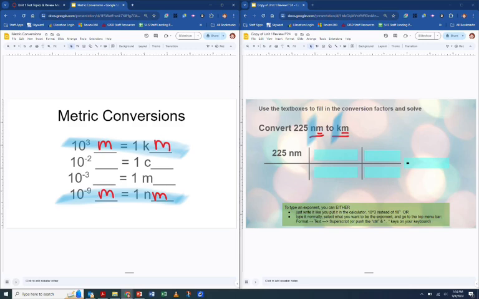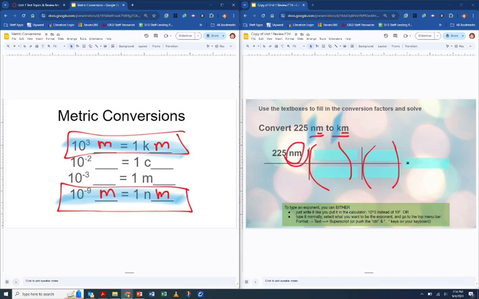Remember, these are prefixes. We can put any unit here. Later on, we're probably going to be wanting to put W's in for watts. We can put grams in, and that's still the same equation, just a different base unit, because the kilo equation is always the same. We just need to be able to apply it to different base units. So if we are talking about meters as our base unit here, these are the two equations you're going to need to plug in to these two conversion spaces, and just focus on what units you're starting with. Follow that diagonal rule, get those numbers typed into the right places here,